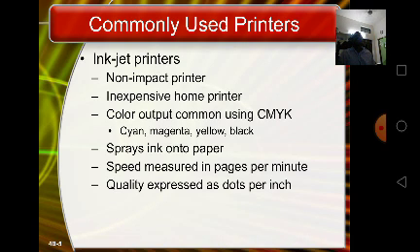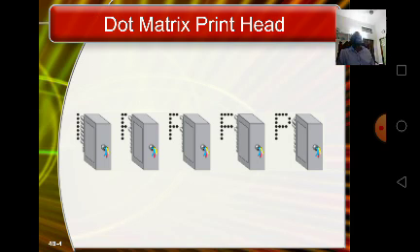Line printers. A line printer is a special type of impact printer. It works like a dot matrix printer but uses a special wide print head that can print an entire line of text at a time. Line printers do not offer high resolution but are incredibly fast. The fastest can print 3000 lines of text per minute.